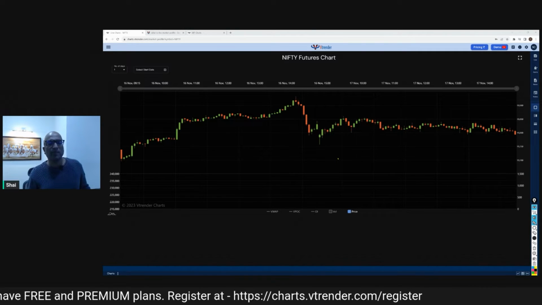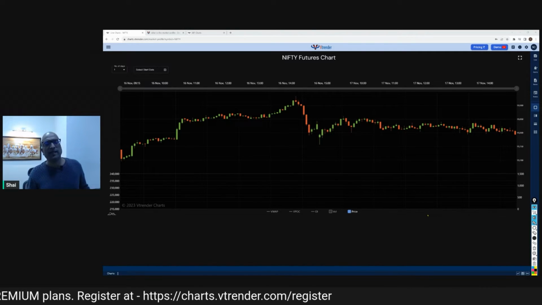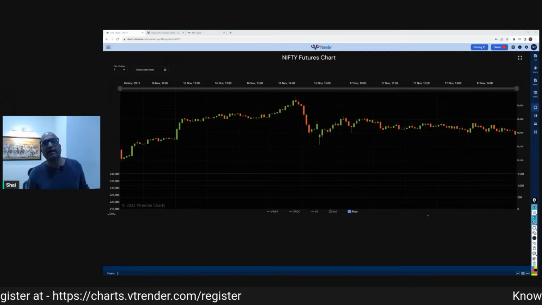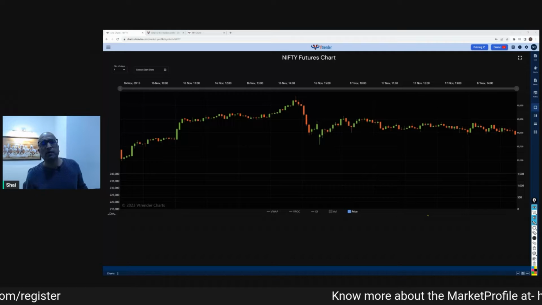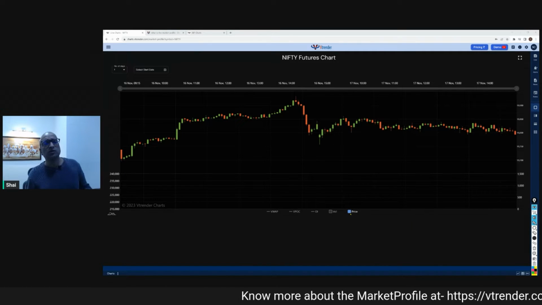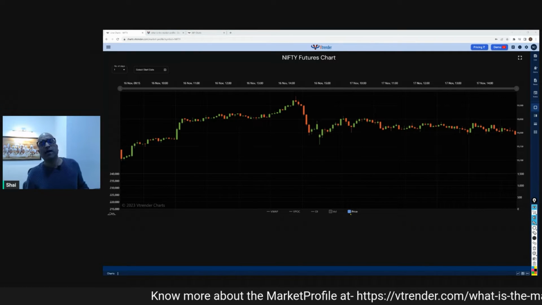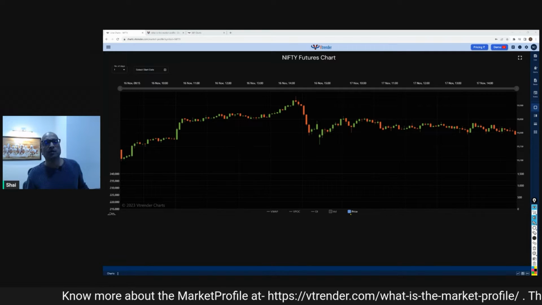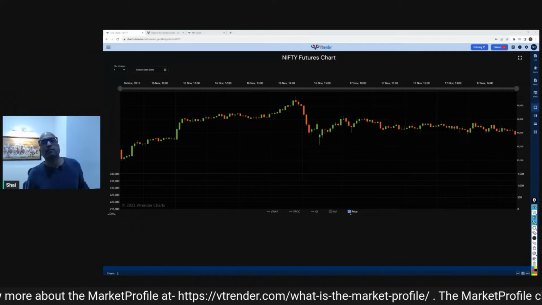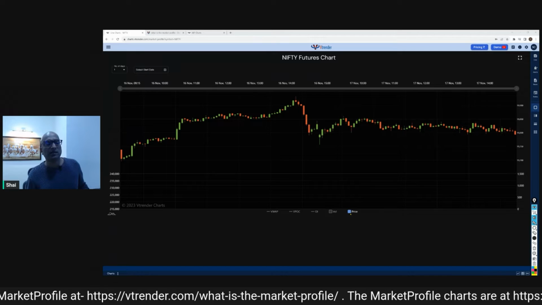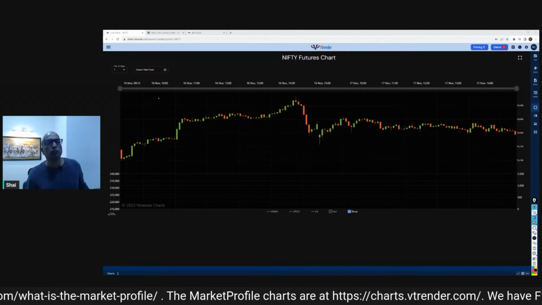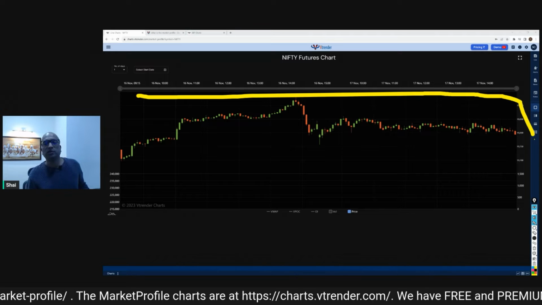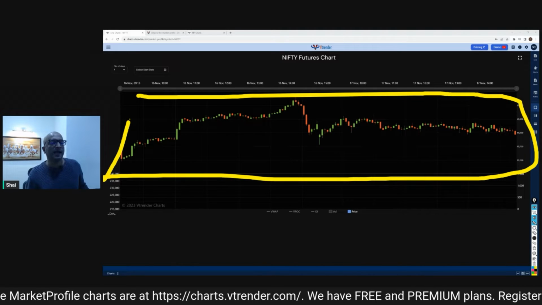So to understand this better, we add indicators to it. We add our moving averages, we add our trend lines, and we add a number of indicators to this chart. The whole purpose of that is to find out what is happening on the chart, whether the buyer is stronger or the seller is stronger. So this is the way we've always been used to looking at charts, plotting them via candlesticks.